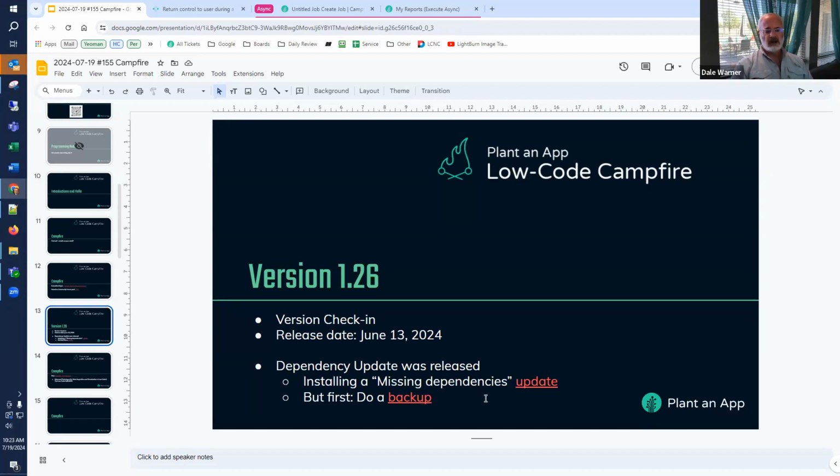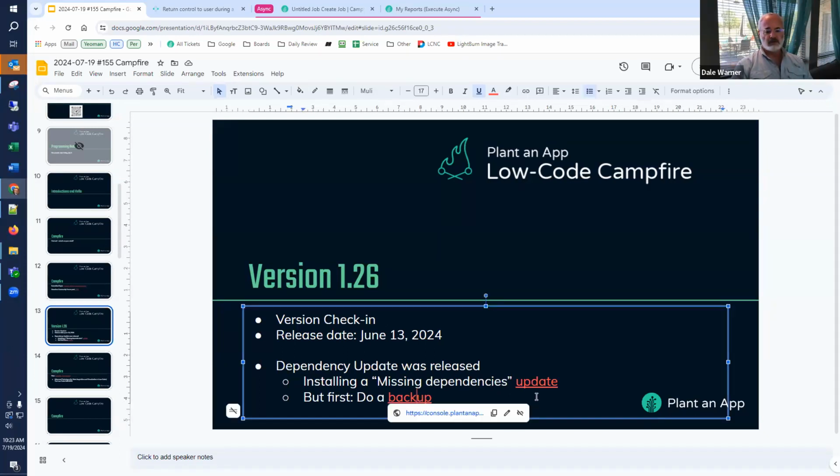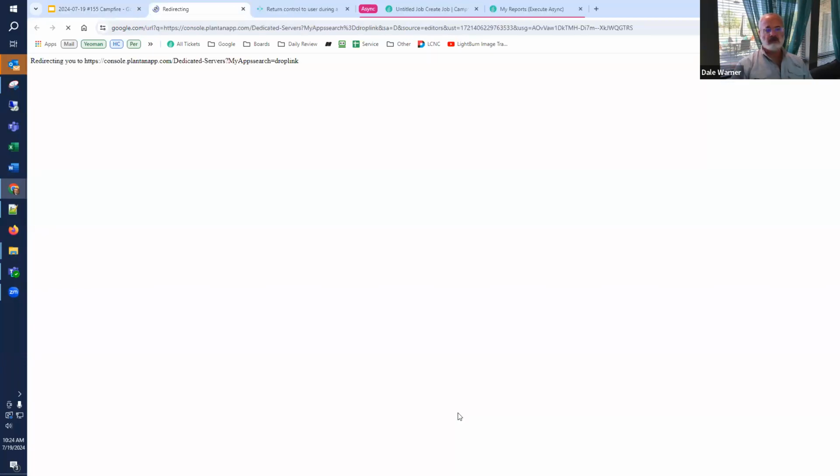We normally release things by way of hot fixes. Instead, we had to do what we call a missing dependencies update. I thought it might be useful just to illustrate what this looks like because we try not to do it, but there are just times, and this is one of them, when it would be super inconvenient for you to try to install these by way of hot fixes. It's one of those where you have to do it all or none, and if you do some, you might break it, that kind of thing. So I'm going to do a system update here right now.